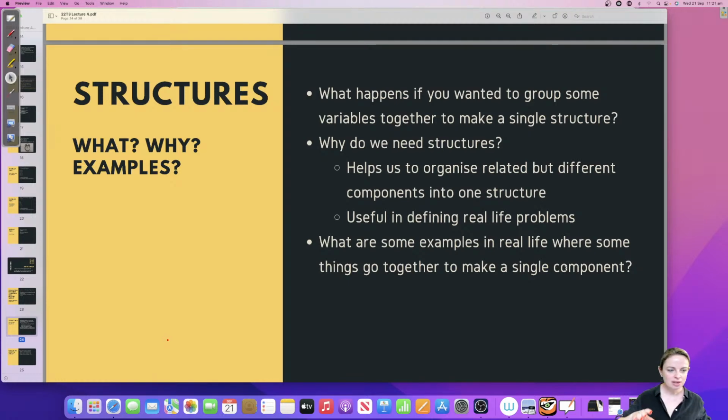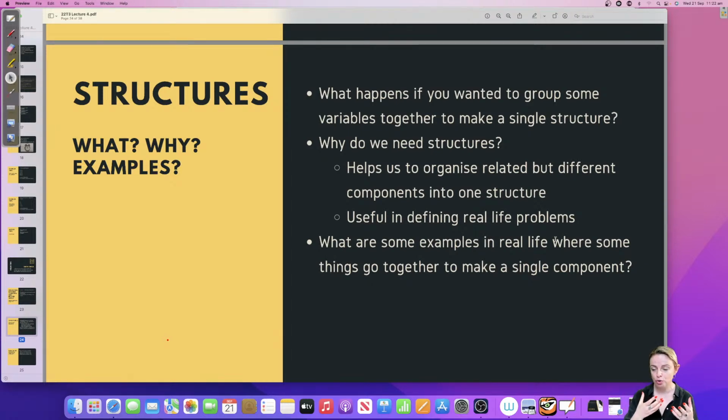So a struct is what you use if you want to group some variables together into a single structure. Let's say my dog has a name, an age, and might have a weight attached to it. The age might be an int, the weight might be a double, the name is a string or characters, and I want all of those held together because they belong to one dog. I don't want them as 3 separate variables. This is what a structure does for us.